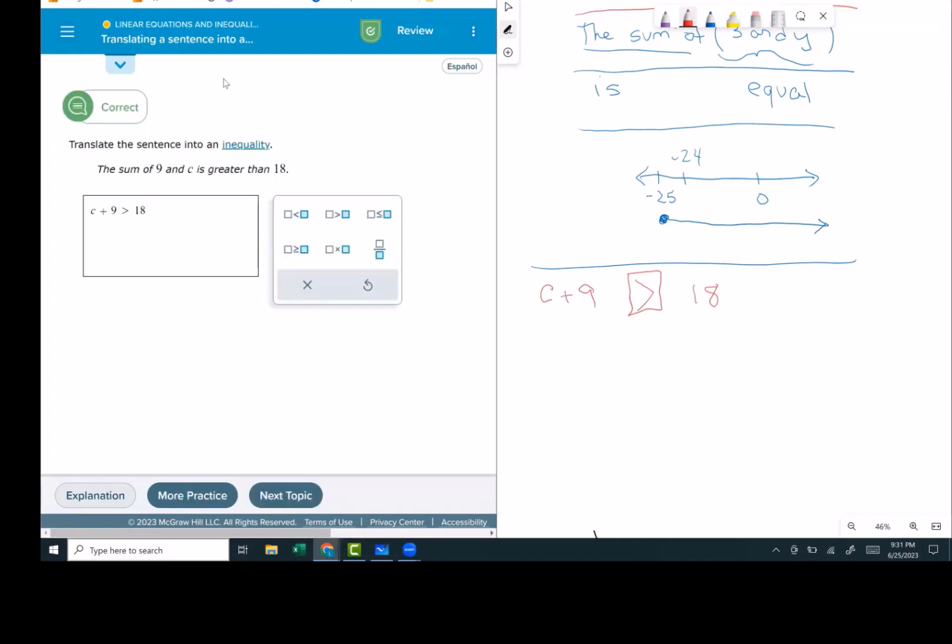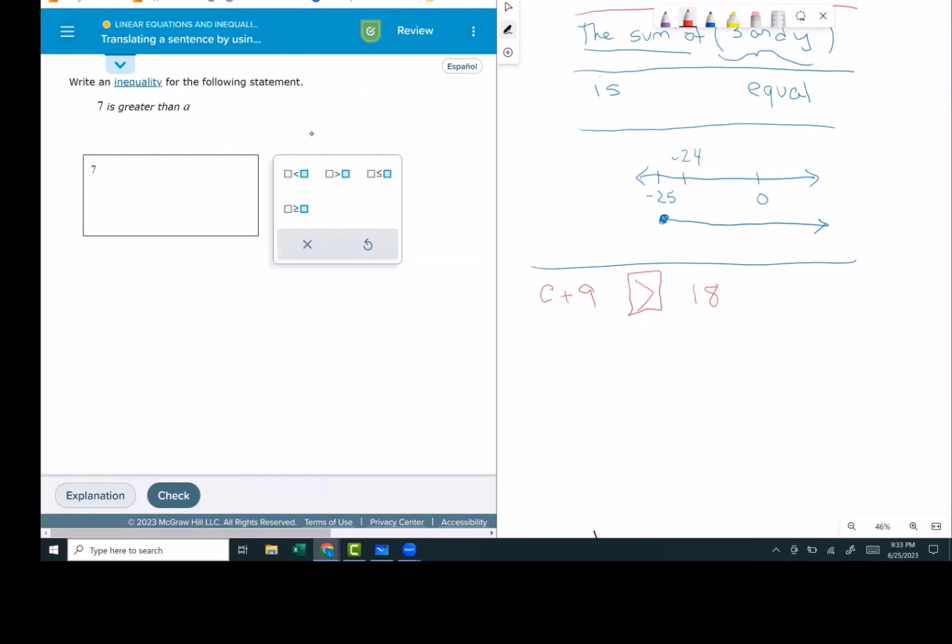When you read word problems in general, no matter if it's in this class or in your follow-up classes, I'm trying to teach you how to break it down. It'd be 7, and then it'd be the